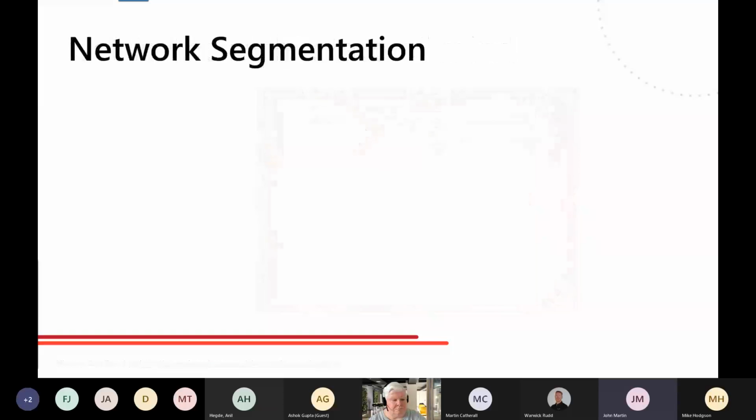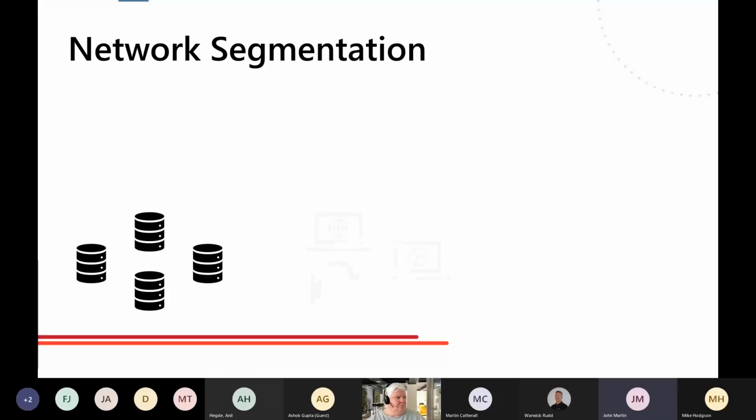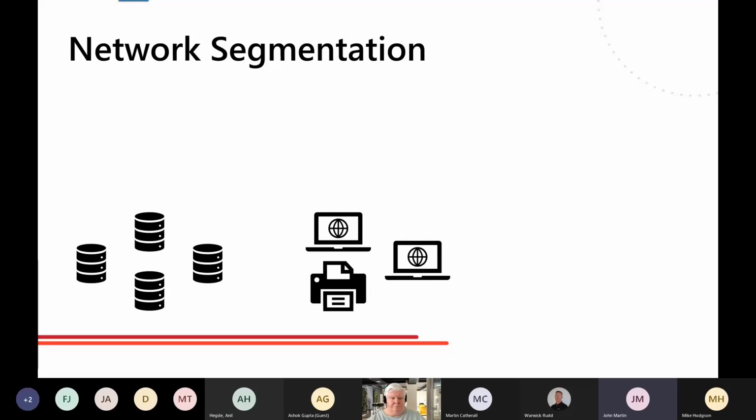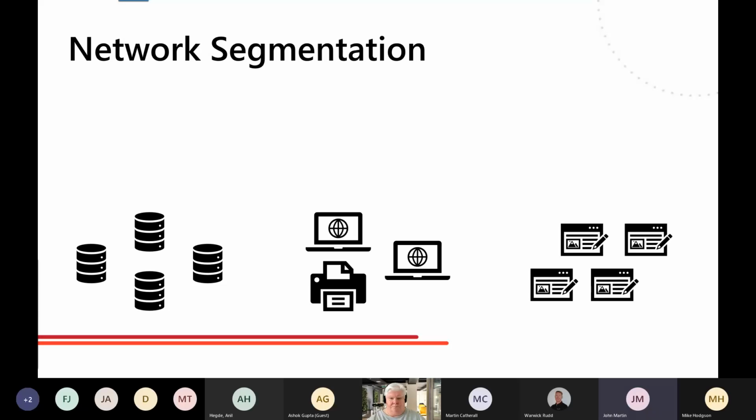So we start thinking about network segmentation as a concept. And we're all probably relatively familiar with the concept of subnets. When we start thinking about the systems we're deploying, you'll see some environments where it becomes a very flat network, where you have our database servers, our end user compute devices, the PCs, the laptops, the printers that are out on the floor, our app servers, web servers, or whatever, infrastructure servers, file servers, all of these. Now, this is essentially our network environment. Now, if this is one large flat environment,